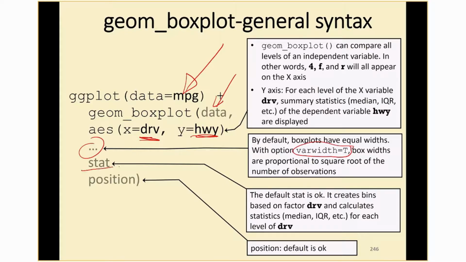The stat is okay, but it's a little bit tricky. You don't have to worry about it. It operates in the background. But just as a reminder, we talked about stat earlier. And remember, for geom point, for geom line, and for geom col, what was the default stat? The default stat was identity. And that worked really well by default because what went on the y-axis was identical to whatever we specified as